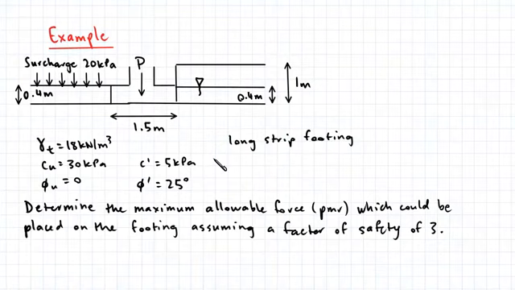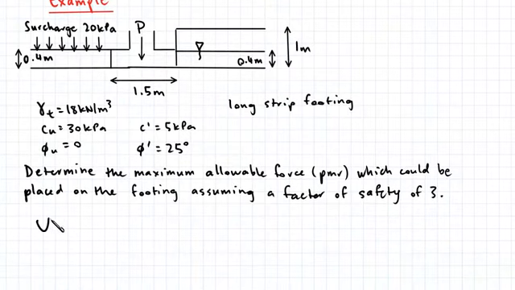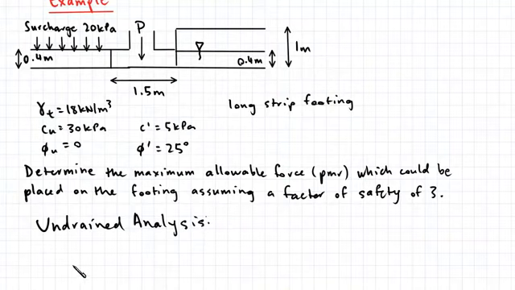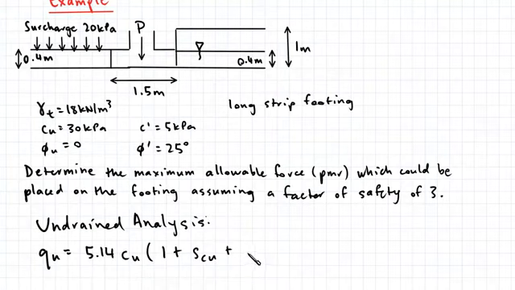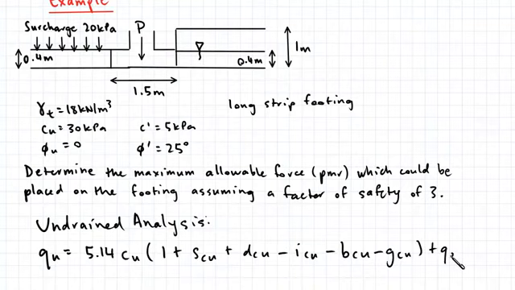Now in the case of an undrained analysis, Hansen's equation for the bearing capacity of a footing actually changes to this form. So qu equals 5.14 multiplied by cu, times (1 plus scu, that's a shape factor, plus dcu, the depth factor, minus icu, the inclination factor, minus bcu, the base factor, minus gcu, the ground factor), plus q0, that's the uniform pressure